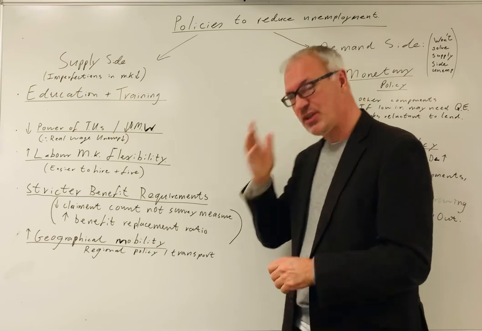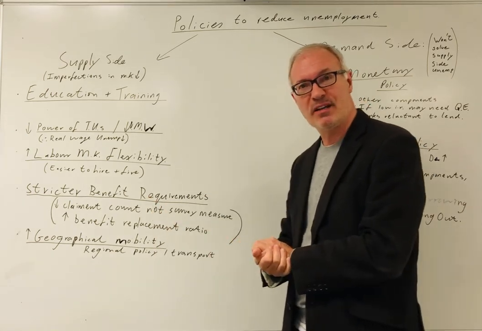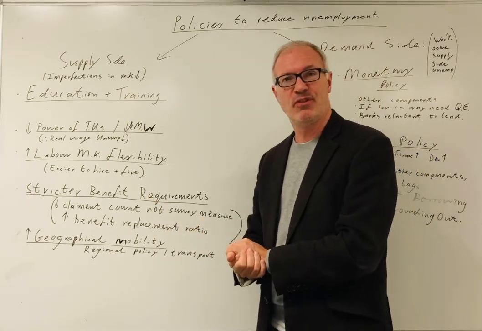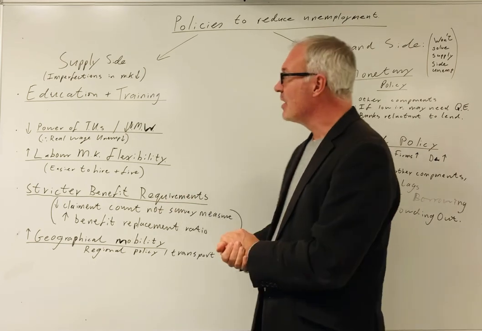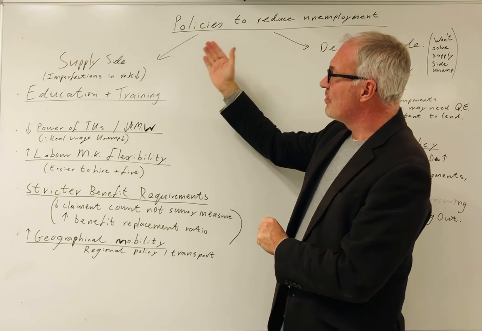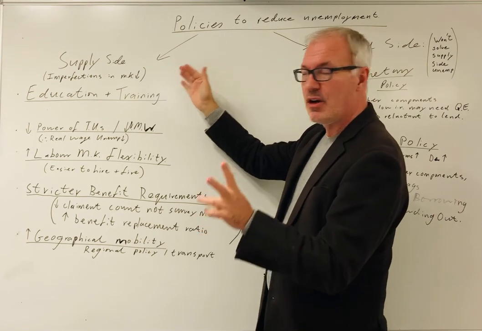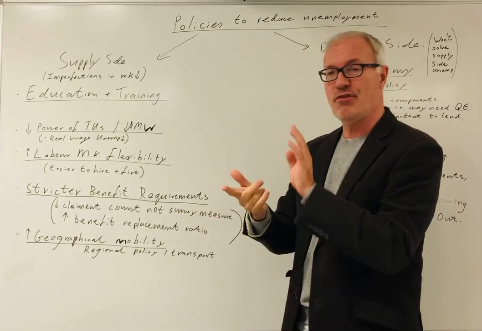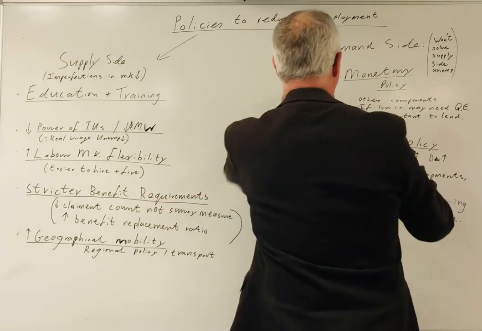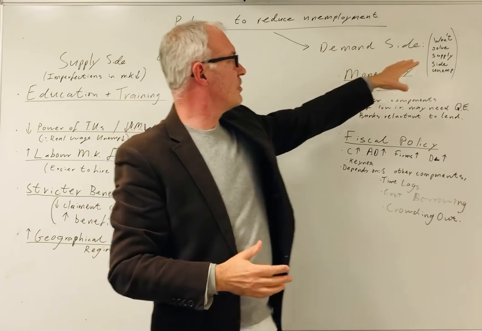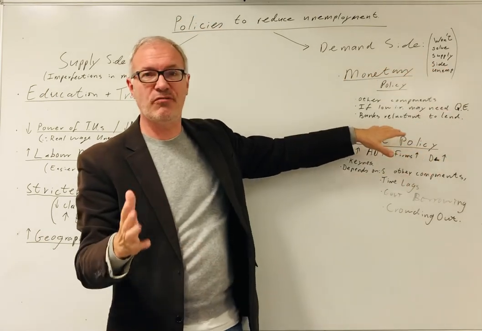But of course, if you put a new railway in, there's a time lag, and of course it often involves an increase in government spending. Okay, so here we are. Supply side policies, remember, are to deal with structural, frictional and real wage, classical unemployment, and demand side policies are very much to deal with demand deficient unemployment.